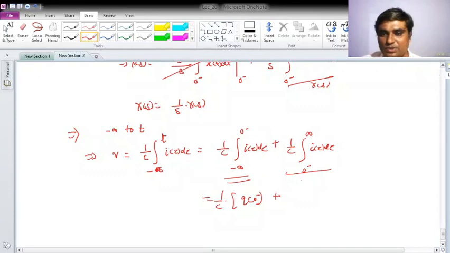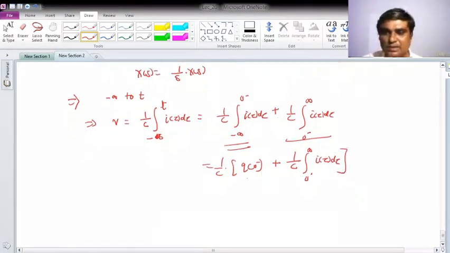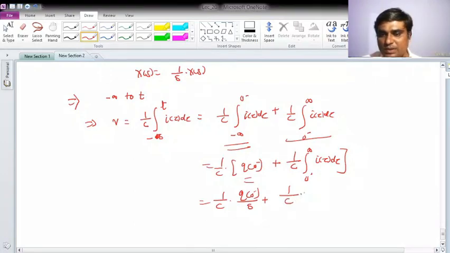So what is the Laplace transform of, okay, I'll write it like this, the integral from 0 negative to t of i of tau d tau, and if I take the Laplace transform, this is my constant, right? So what is the Laplace transform of it? Q of 0 negative over s plus, what is the Laplace, 1 over C, 1 over s into I of s. That way you can find it out in electrical engineering applications.